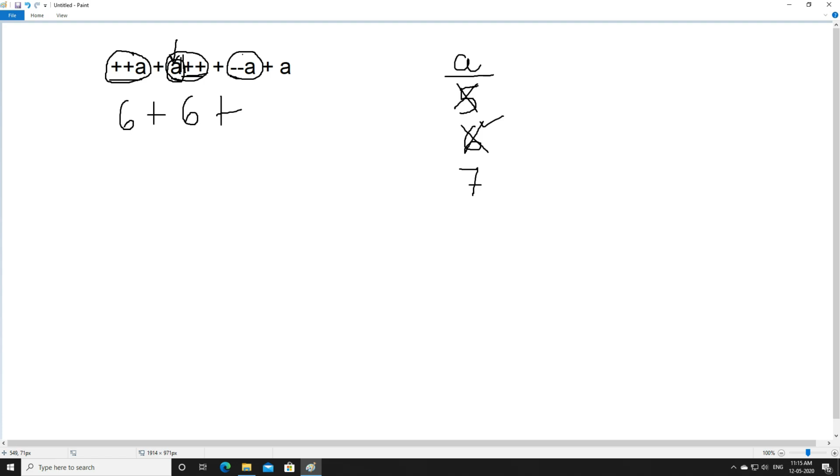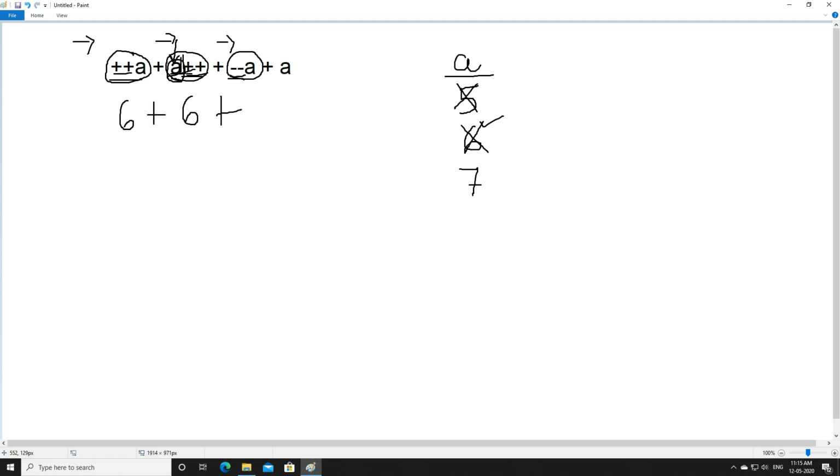And if it is quite difficult for you to remember pre and post, or to memorize this, then a simple way you can look at it is, here we have plus plus ahead, right? So when we move from left to right, the first thing which comes is plus plus. Plus plus means we have to change the value. 5 is changed to 6, and then 6 is used. Then when you move from left to right, first we have the variable, that is a. First you have to use the value, and then you can change it. And again when we move from left to right, first change the value, that is minus minus a.